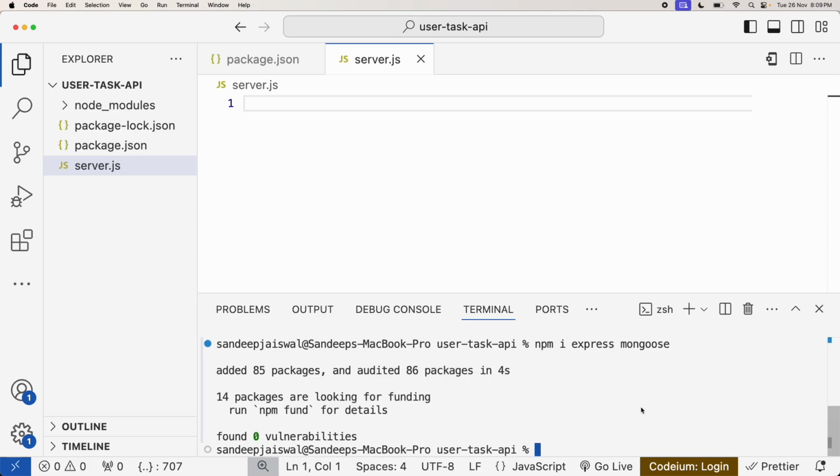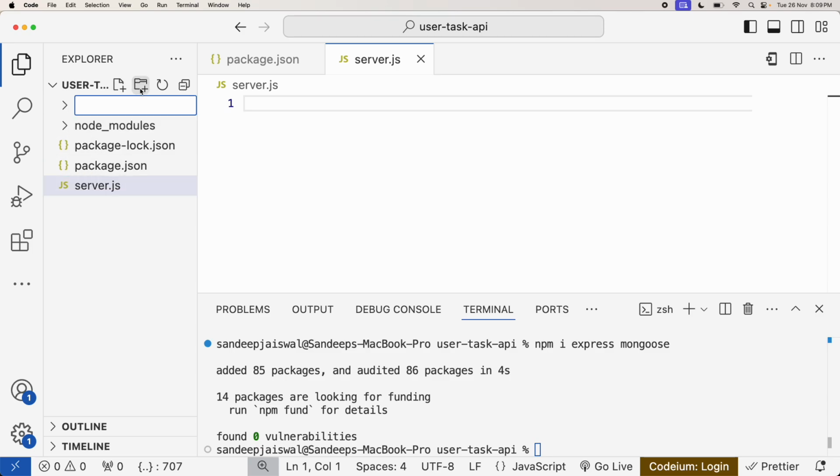So I've installed. Now, I'm not writing any code here, just the structure. What I told you: we have two things, one is user and one is task, right? So click on server.js and create one folder called models. One more time, click on the server and create a folder called